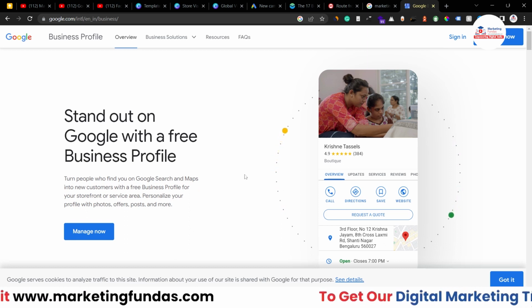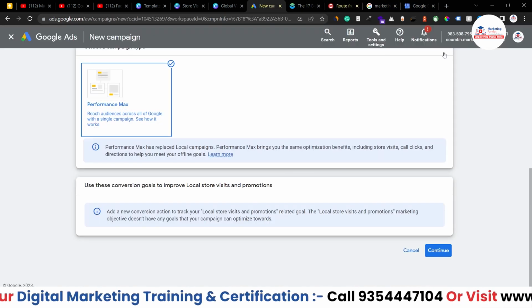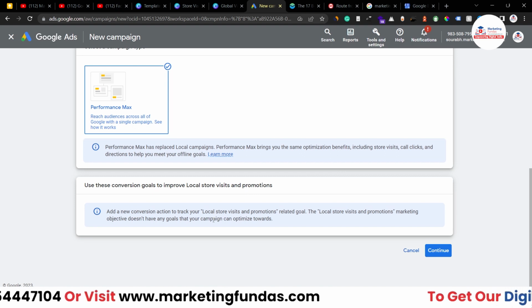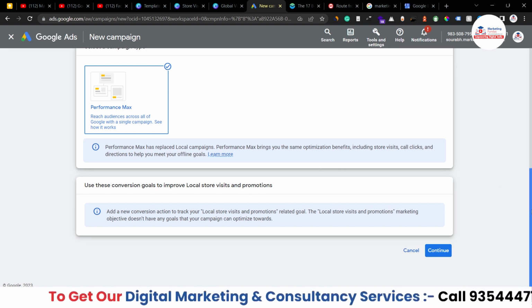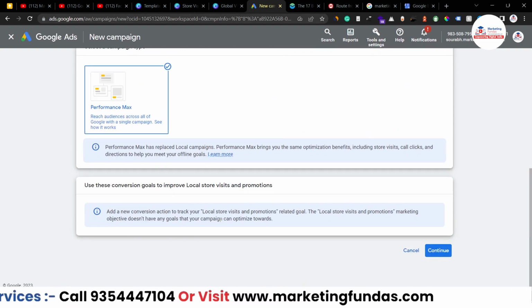So first you have to create your account here, verify your business, then you have to connect this account with this Google Ads account, right? So that you can run your store visit campaign. Otherwise you'll not be able to properly run your store visit campaign, right? So the fourth step would be here to